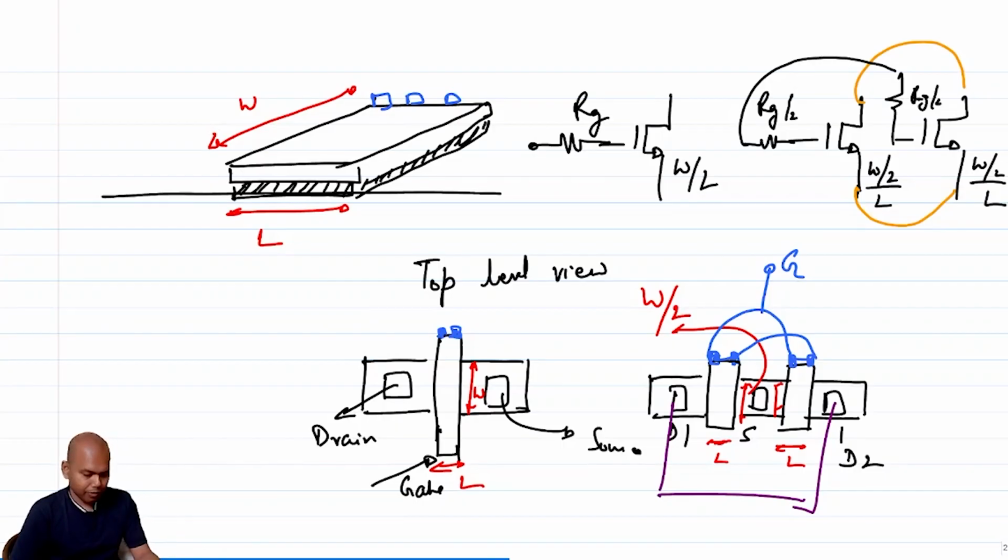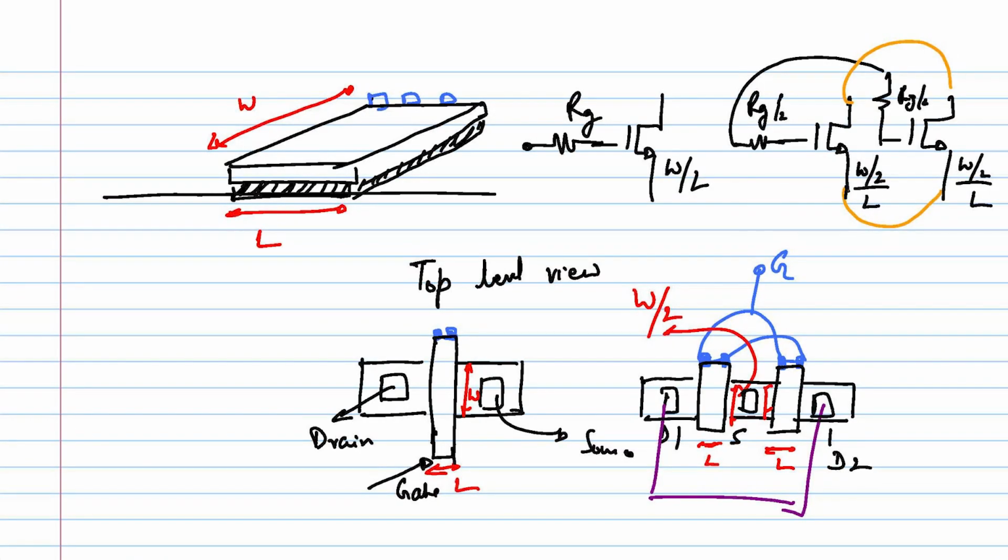Now your question might be, why am I so bothered about reducing the gate resistance? The reason we should be bothered about reducing the gate resistance, other than the fact that it can affect your AC response, is the effect of noise. Because this is a physical resistor, this is not a model resistor, it is also going to contribute to thermal noise. Okay,